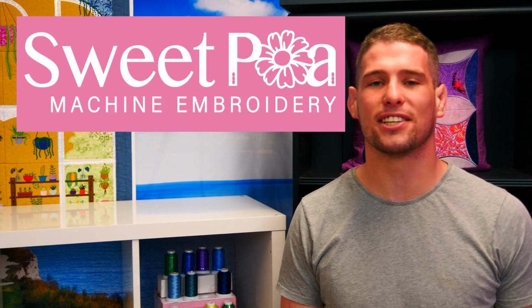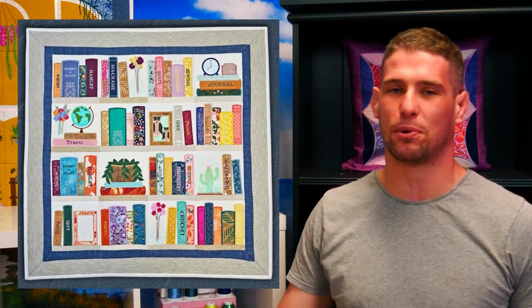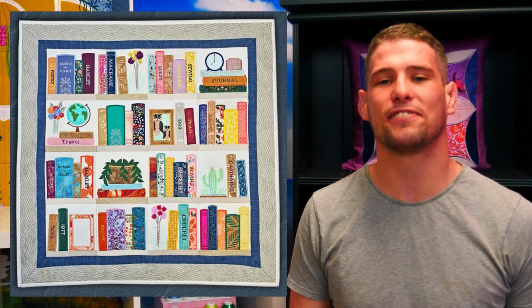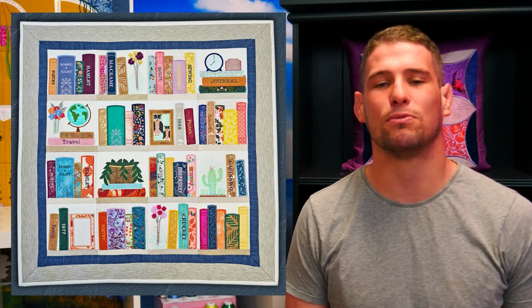We started 2022 with our most popular sew-along design to date. It was the amazing bookshelf quilt. The Sweet Pea community had an absolute blast in January, with thousands of our amazing community giving this project a go. And we saw some jaw-dropping quilts. So, because you love making this style of quilt so much, we have been working hard behind the scenes on